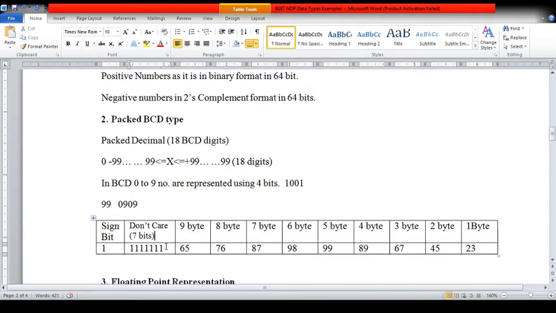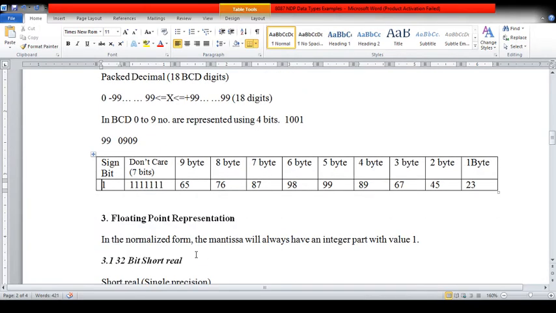Now the question comes, why are we not using the remaining 8 bits? Out of these remaining 8 bits, 1 bit is required for representing the sign of the number, and that's why the complete byte we cannot use. And whatever remaining bits are there, 7 bits from the last byte, these are don't care, which are not included as a part of the magnitude. So here we can go for any 18 digits length of the BCD format. And again, the sign bit 0 represents a positive number, and 1 represents a negative number.